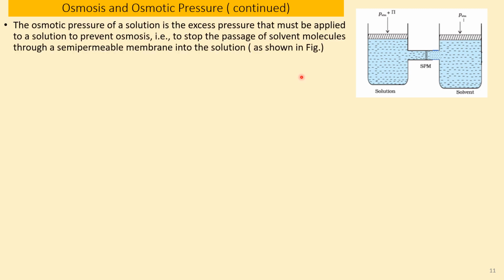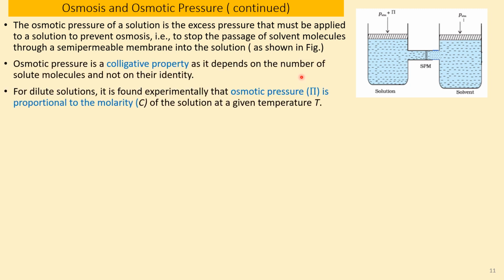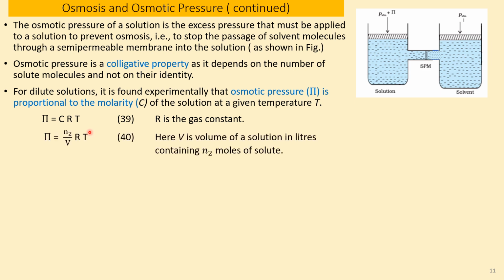For dilute solutions, it has been found experimentally that osmotic pressure is proportional to the molarity, represented by the symbol capital C, of the solution at a given temperature T. Hence, we can write the equation as osmotic pressure pi is equal to C into R into T. Here, pi is the osmotic pressure and R is the gas constant, which can be further written as